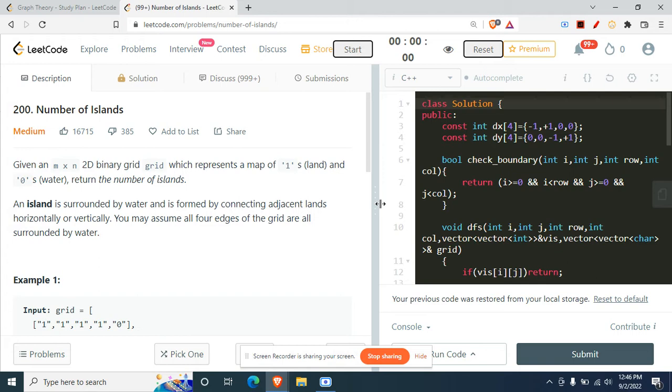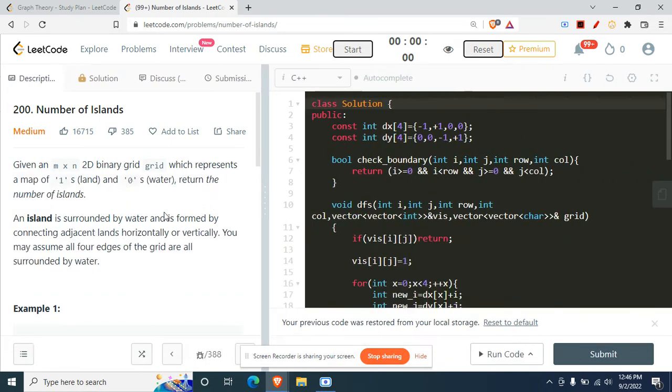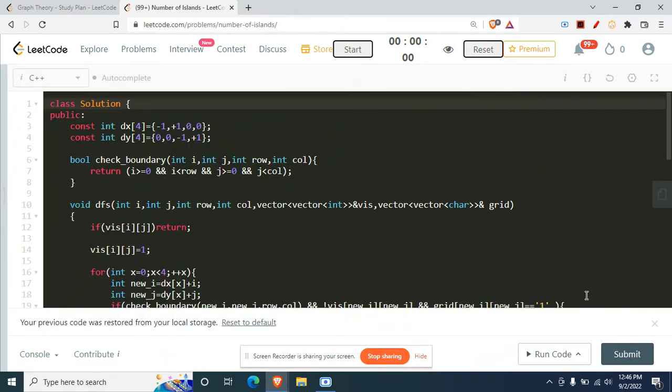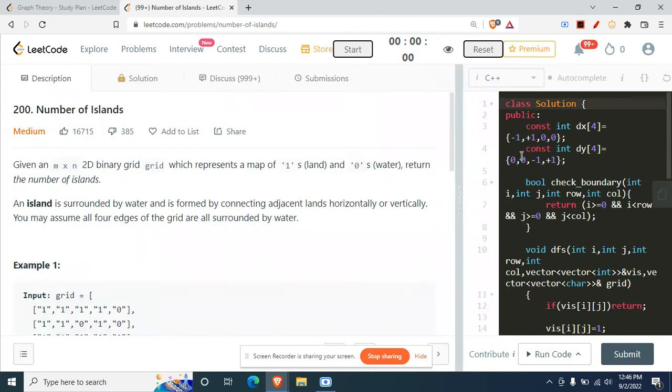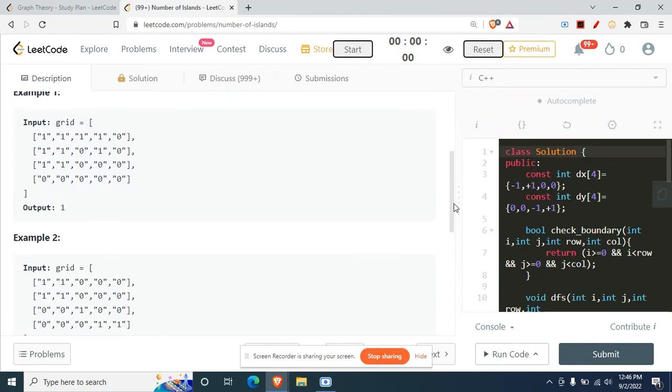Otherwise, please do learn DFS. Just a simple DFS, and then you can continue watching this. Now let's get to the code part on how we are going to do it. Now, before going to the code part as well, I'll try to explain to you how to approach this